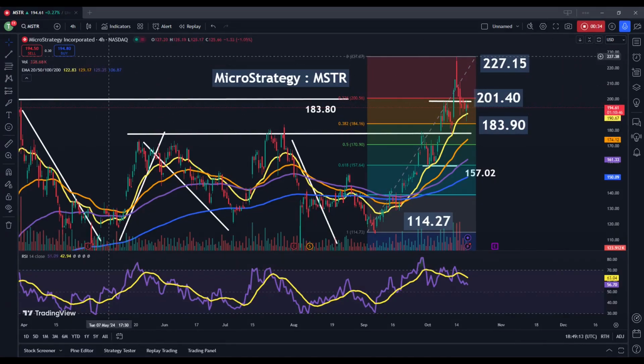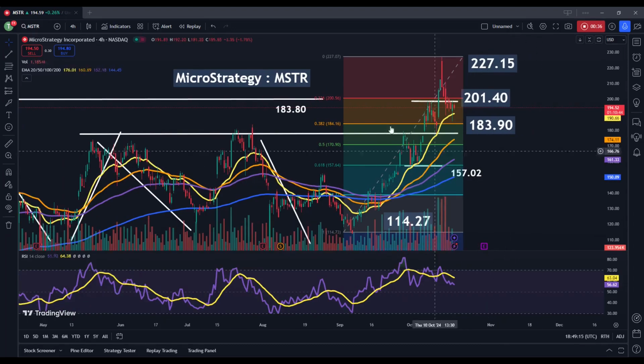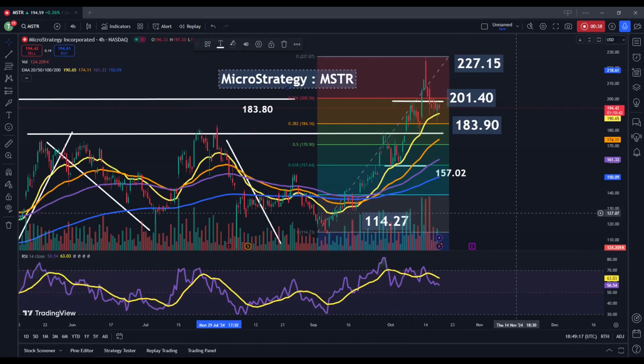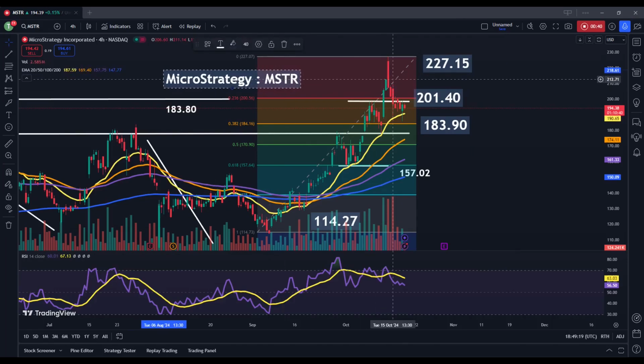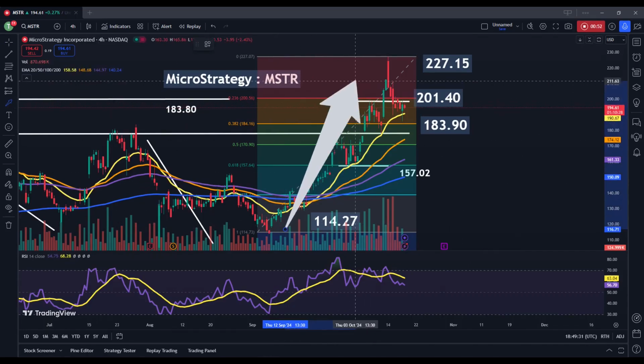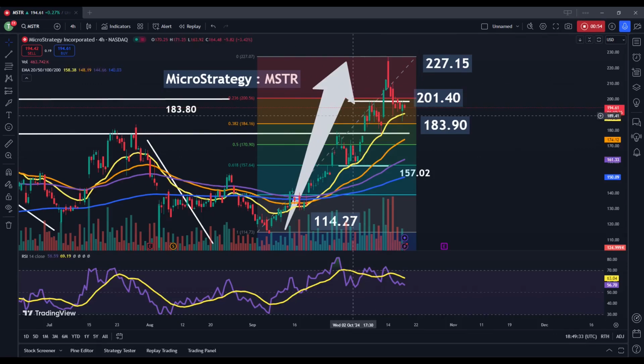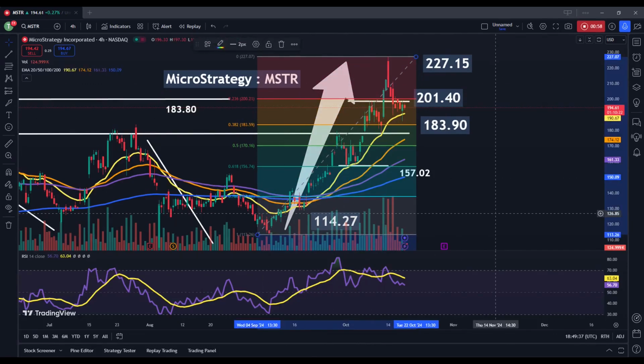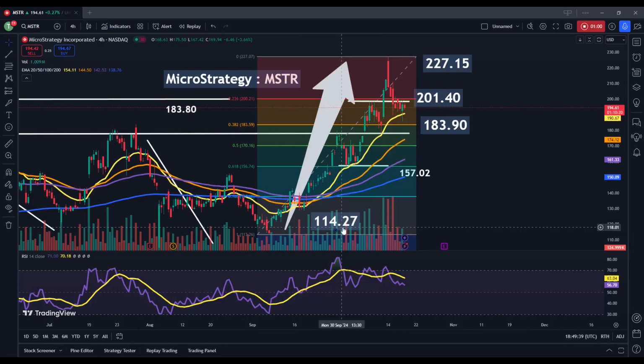So here we have a 4-hour price chart. Each candle on this time frame represents a 4-hour trading period. And as we can see, we are starting to move toward new lows after posting those longer term major price highs coming in at 227.15. So overall, this major trend wave movement that we were looking at in the prior video remains intact. The main price movement that I'm watching here comes from the 114.27 lows and then extends to those 227